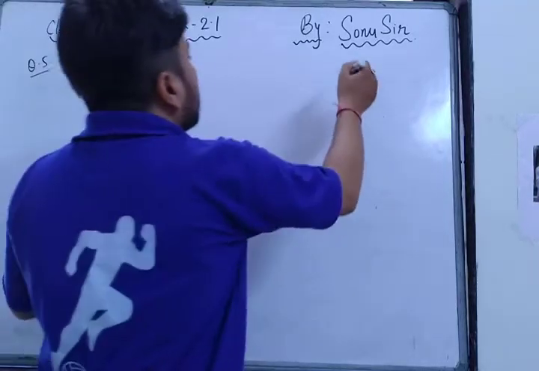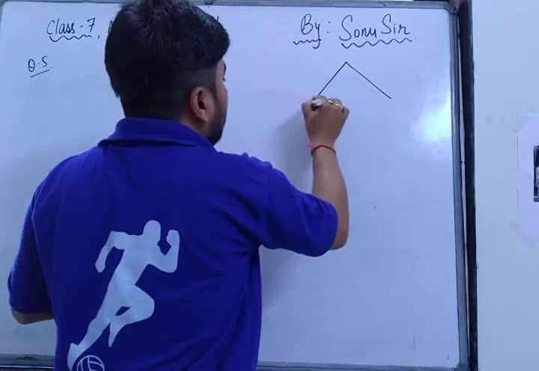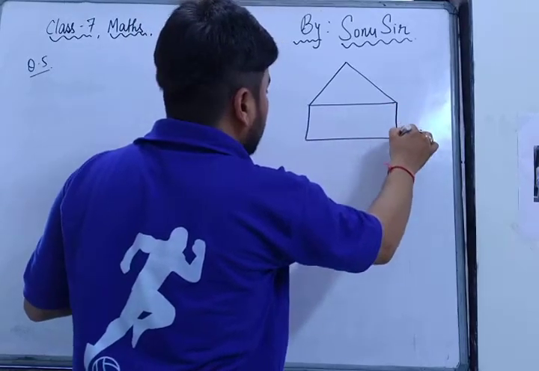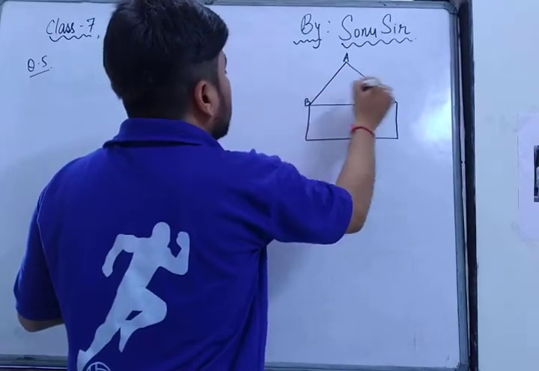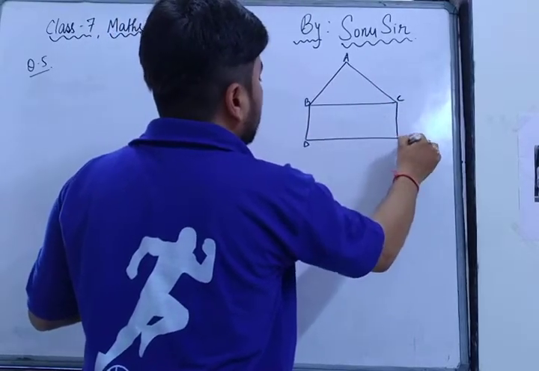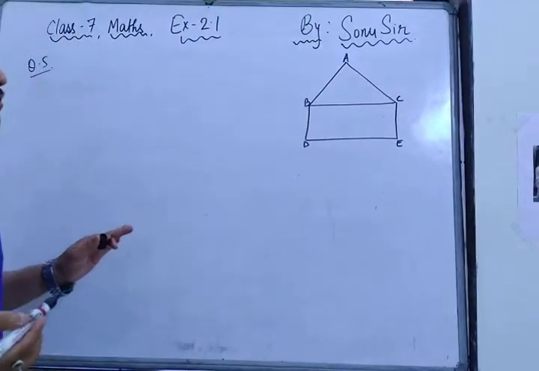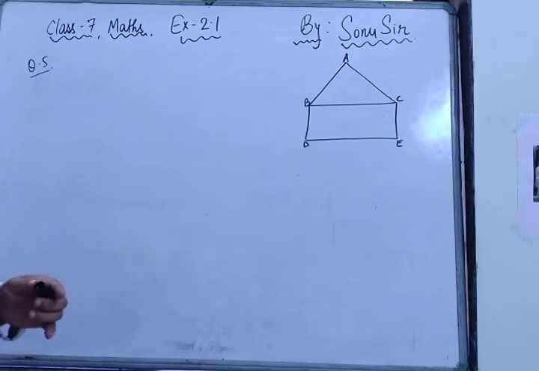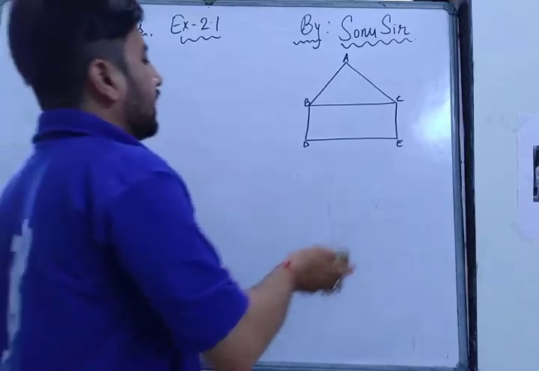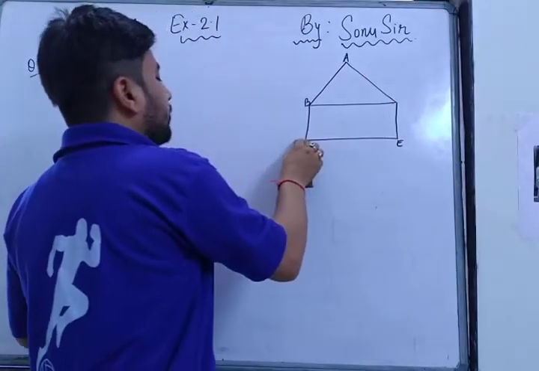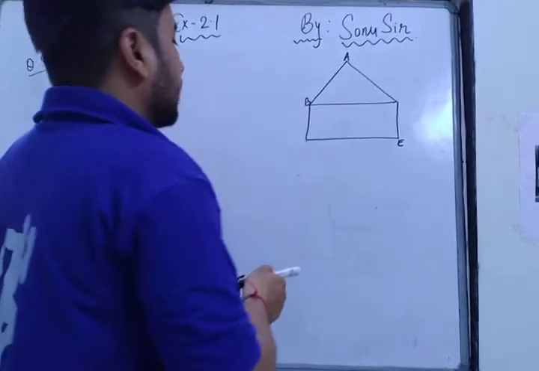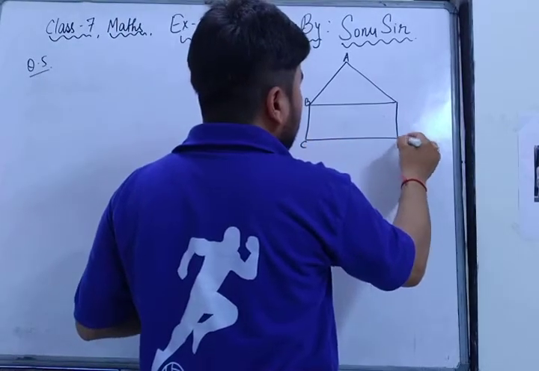So suppose here there is one triangle and BCDE is one rectangle. ABE is a triangle, as they have given. If you want to change the name you can, but it's not an issue. We have to just understand what they have given. Whatever is given in the question, we have to solve according to that only. BCDE is the rectangle.